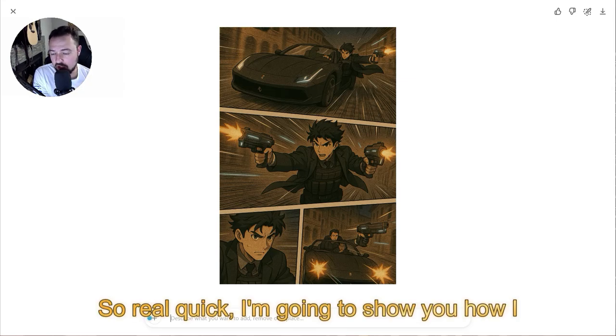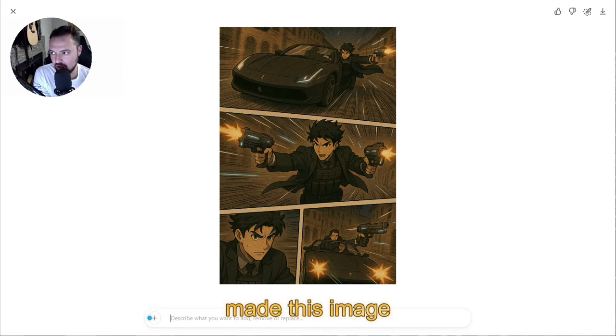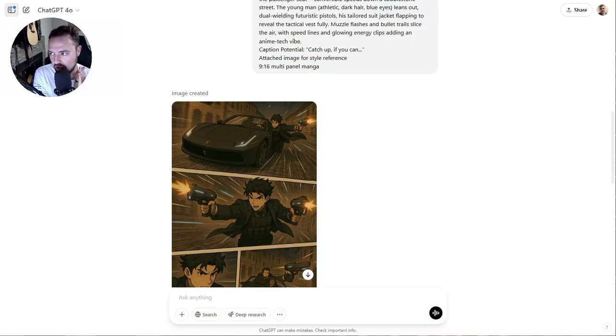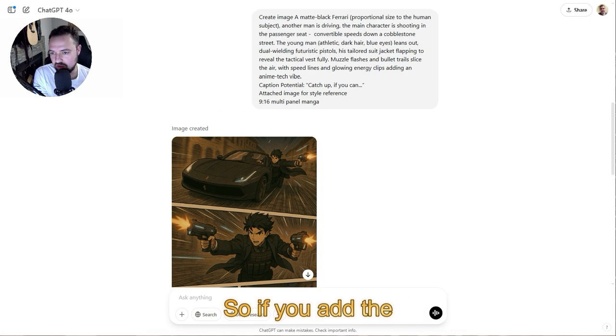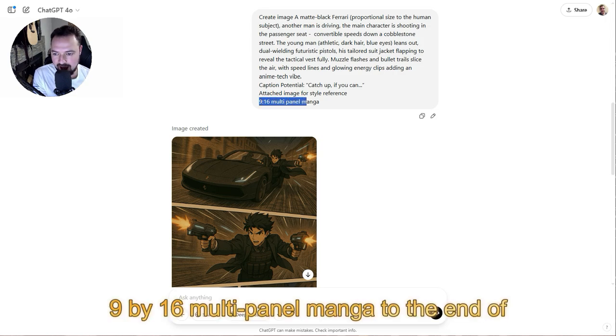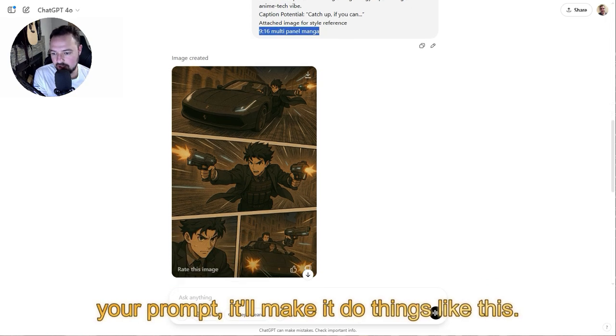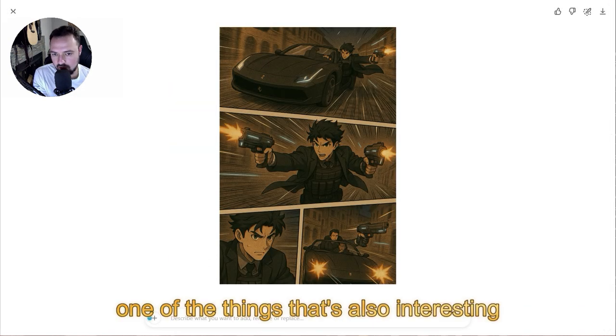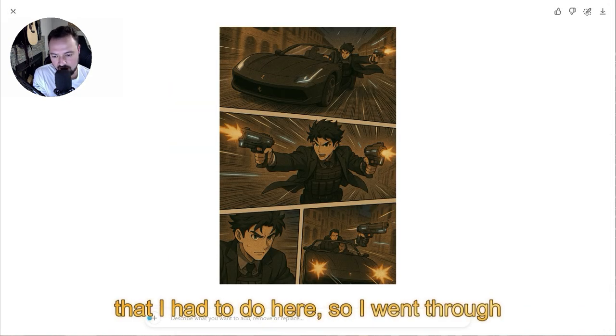So real quick, I'm going to show you how I made this image from a basic starter anime image. If you add the 9x16 multi-panel manga to the end of your prompt, it'll make it do things like this. So one of the things that's also interesting that I had to do here, so I went through